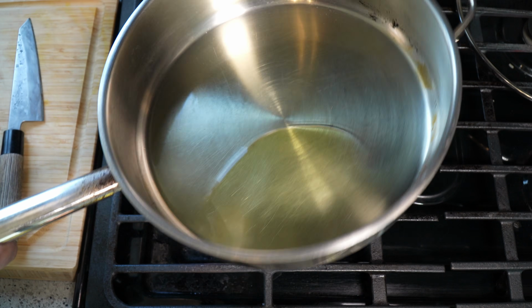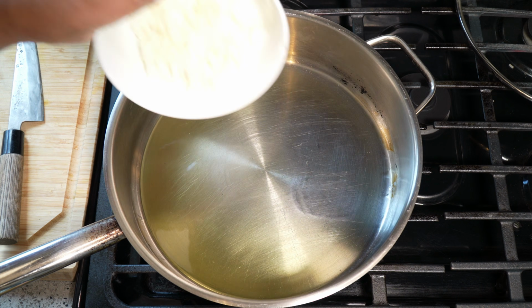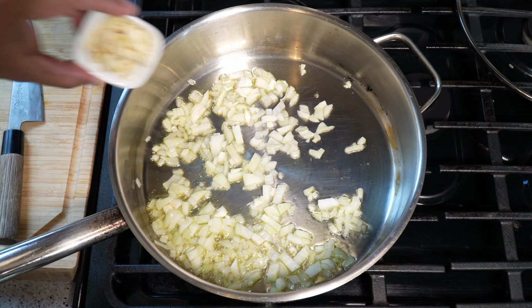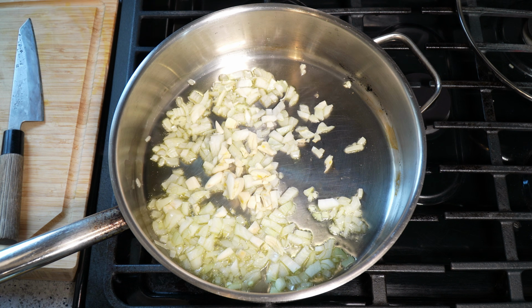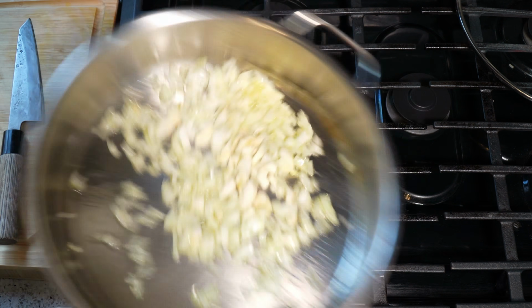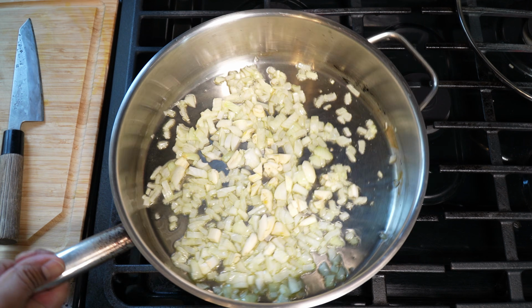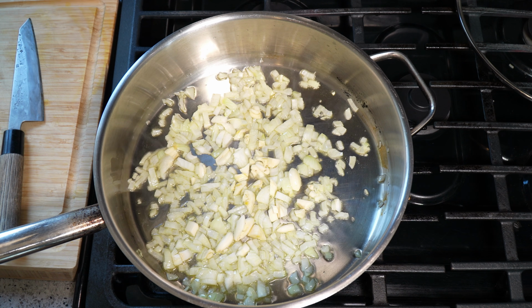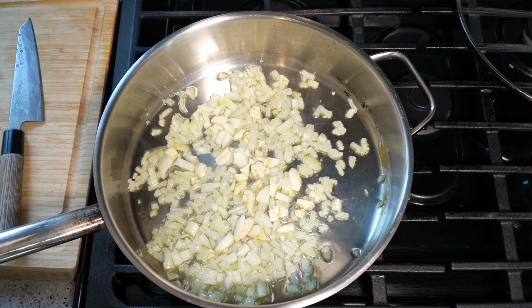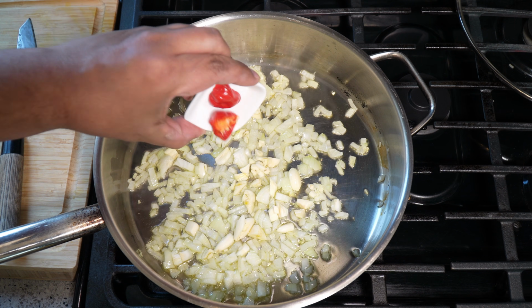A little bit in there just to coat the bottom of the pot. And that was a large onion and 6 cloves of garlic. I'm going to turn my heat down to low. I don't know if I mentioned it already, but my heat was at medium just to heat up that olive oil. And the other thing we need to put in there, and this is totally up to you all,